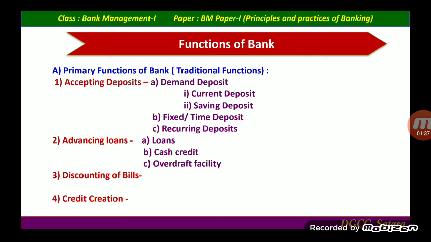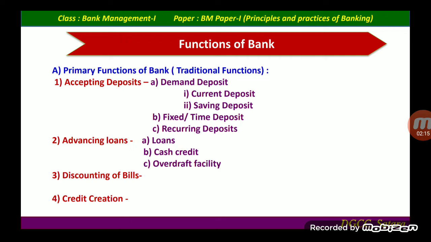it gives some documents or promissory notes, which is mentioned in the Negotiable Instruments Act, which is given to the seller by the buyer. When the seller gets that bill, the seller goes to the bank and the bank gives finance on that particular promissory note. So it is a discounting of bills. Later on we are going to discuss in detail.